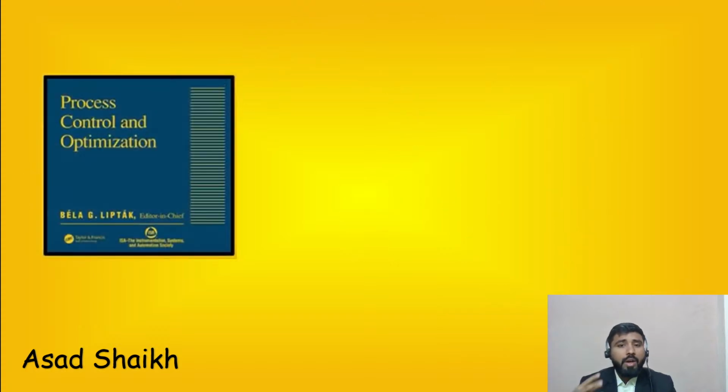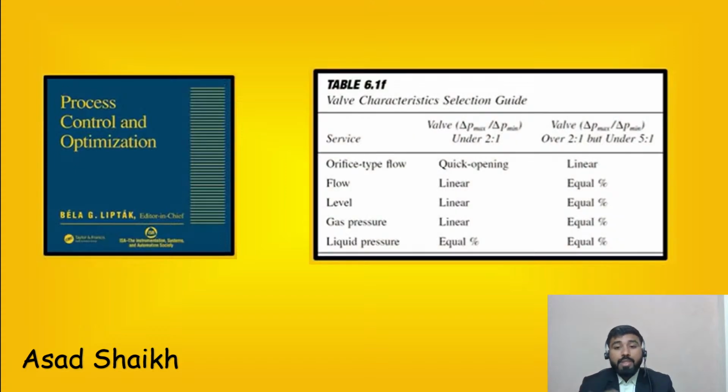There's a lot of different literature available when it comes to characteristic selection. A lot of people have their different opinions, and I respect all of them. This is what I personally find valuable and what I usually use. I'm sharing it with you, and I will also explain the concept. Then it is up to you to decide how you want to select your characteristics. The first thing you see here is something called delta P max by delta P min, under the ratio of 2 to 1 or higher.